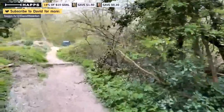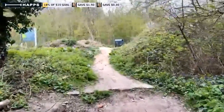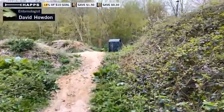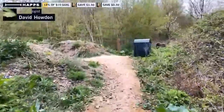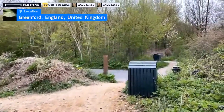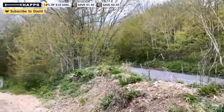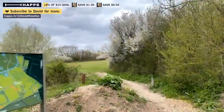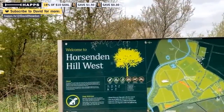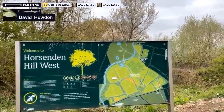So that will be largely taking us to the end of the survey route and the end of the transect. And hopefully tomorrow it'll be a little bit warmer and I can come and do this again with a net rather than a camera on a gimbal and actually record the butterflies for the survey. But we will end here on the sign reminding you where we are. So that was a quick wander around the lower part of Horsenden Hill, particularly using the route that we use